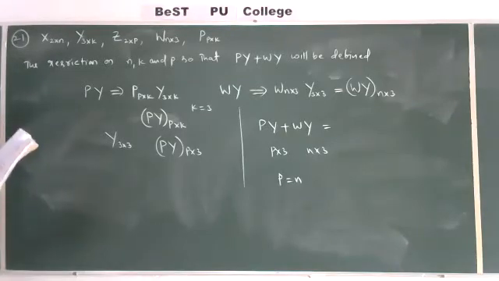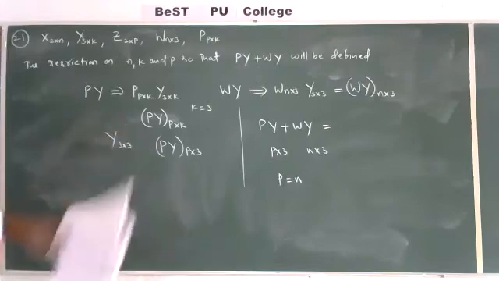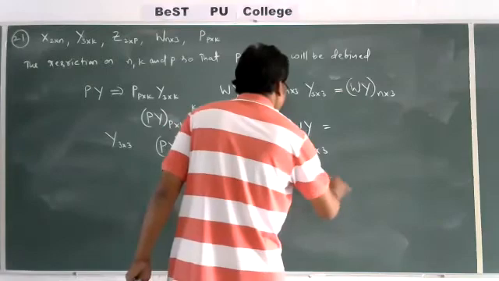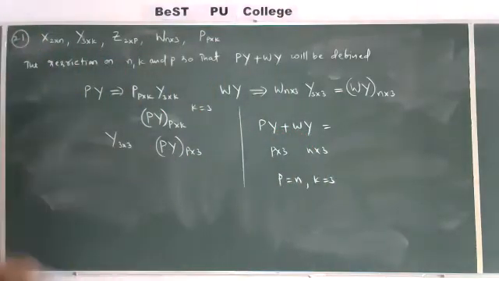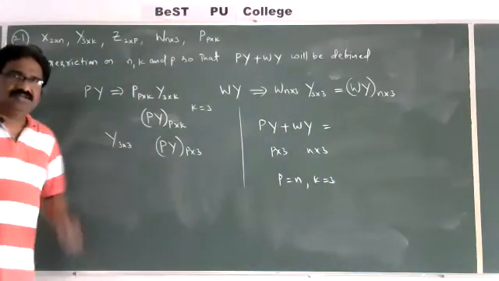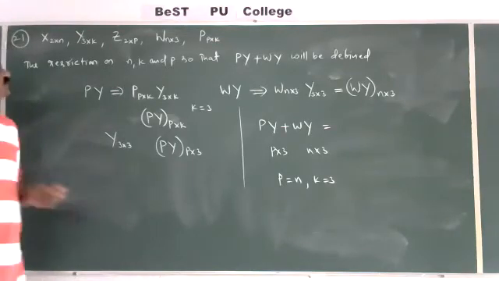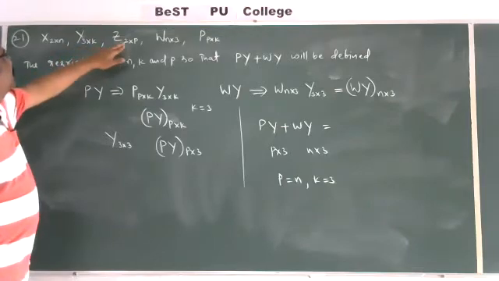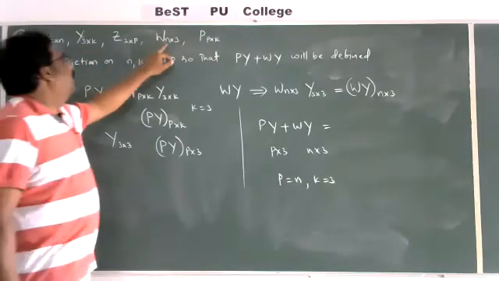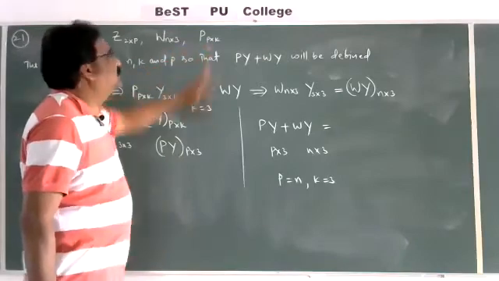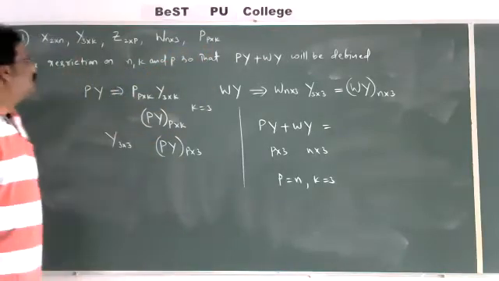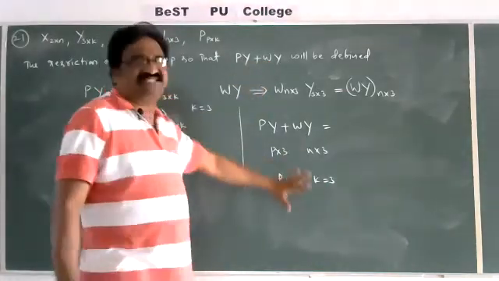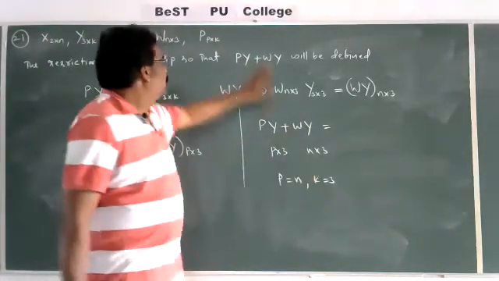K is equal to 3, first option. K is equal to 3 and P is equal to n. K is equal to 3 and P is equal to 1. I think you understood. Again, I repeat it. Here, X is a 2 by n matrix, Y is a 3 by k matrix, Z is a 2 by P matrix, W is an n by 3 matrix, and P is a P by k matrix. So, we want to define this. What is the restriction they required? What is the answer? We want to define this.